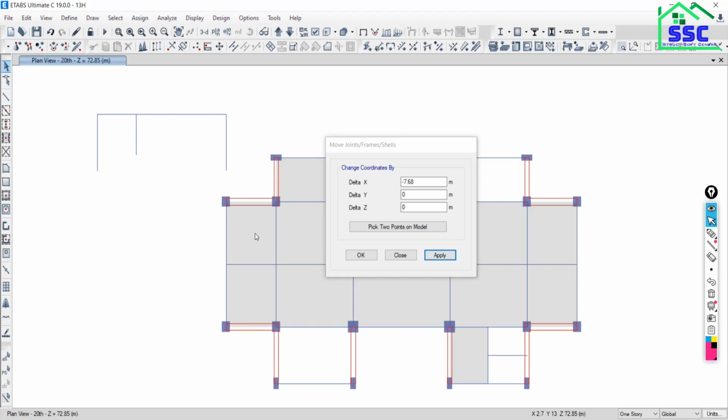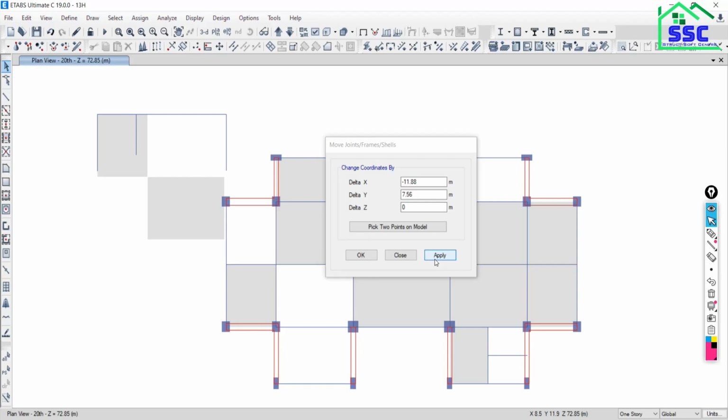I want to keep this shell at this point. Just pick 2 points from this point to this point. Say apply. Is it okay? I want to take this slab. Pick 2 points from this point to this point. Say apply. Is it okay?